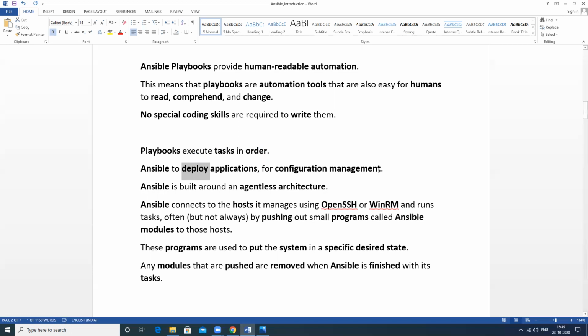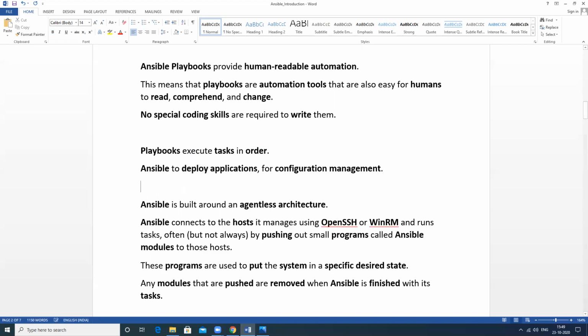Ansible does not require any agent architecture. We mostly use it because it is agentless: there is no need to install any specific package on the client machine.